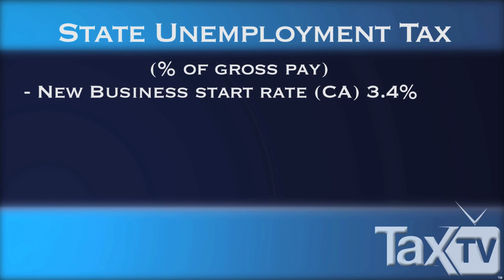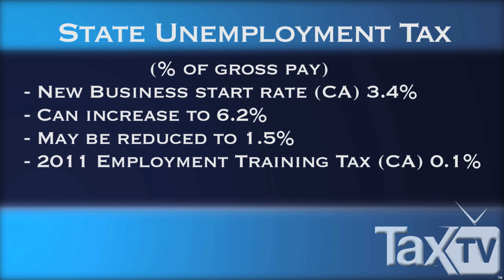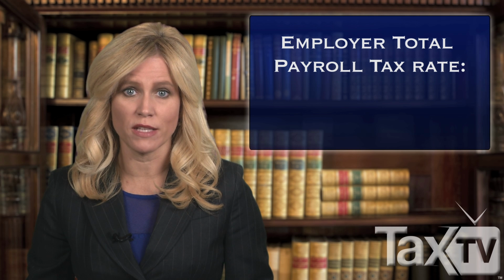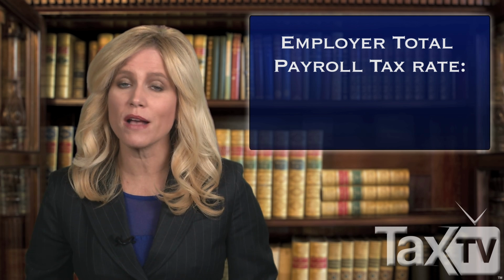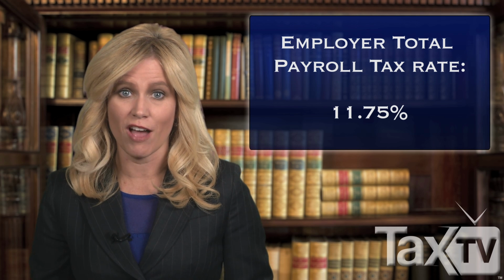Each new business in the state of California starts at the rate of 3.4%, but this rate can increase to as high as 6.2% or may be reduced to as low as 1.5%. The employment training tax rate for California in 2011 is 0.1%. When we add all of the employer tax responsibilities together, the total payroll tax responsibility for the employer side is approximately 11.75%. However, this 11.75% tax amount will decrease during the year depending on when the wage-based limits for certain